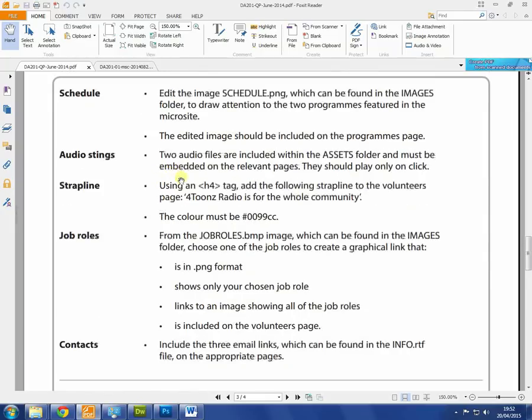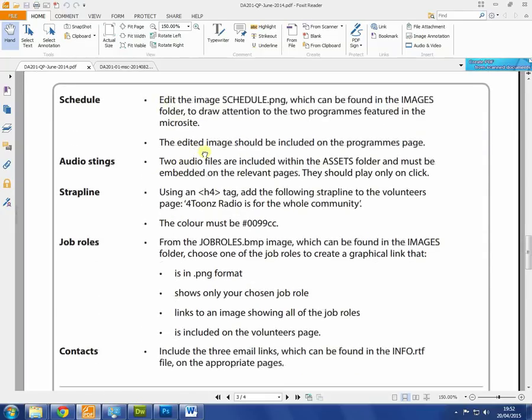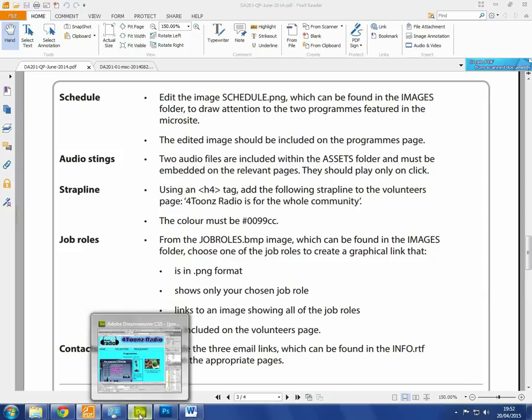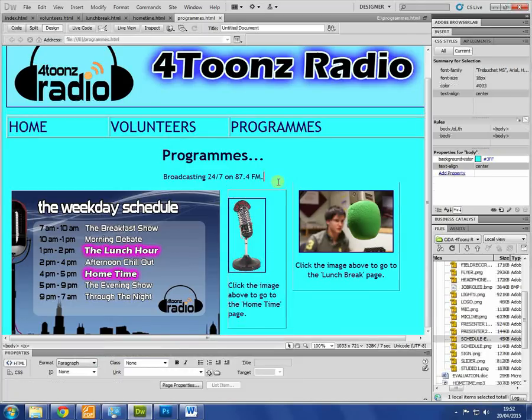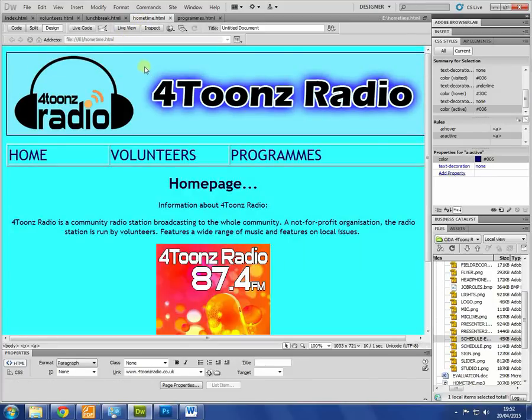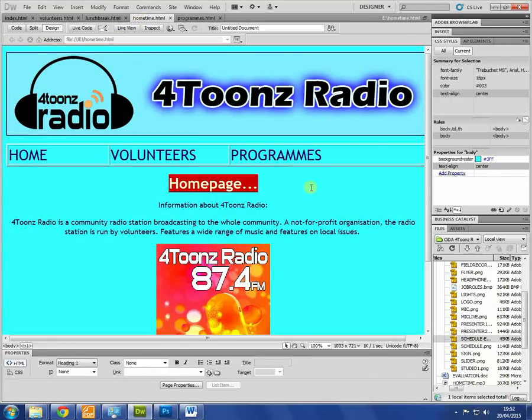Let me see, so 2 audio files are included within the assets folder and must be embedded on the relevant pages. They should only play on click. Okay, so that's quite a tricky little thing to do. So if we go to the home time page, now at this point we can go listen to the home time show